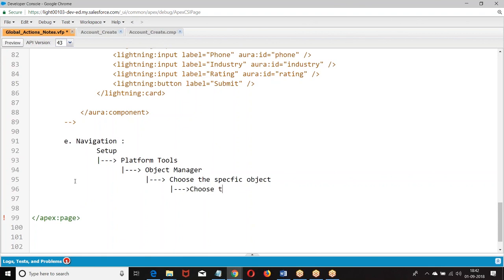Choose buttons and links. Choose the button. Edit. Choose the component.